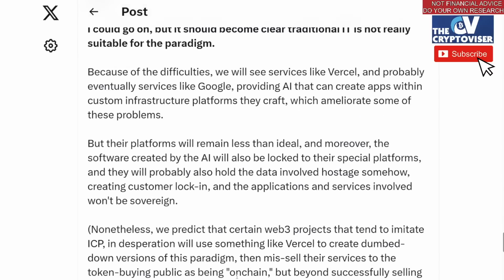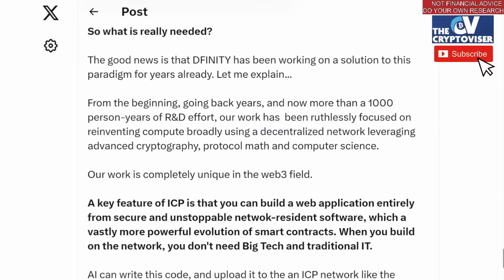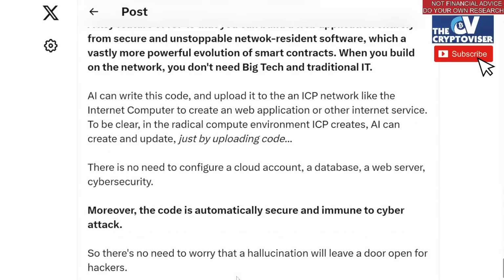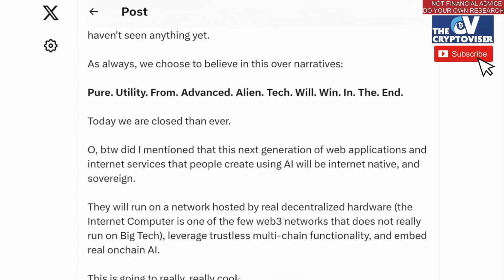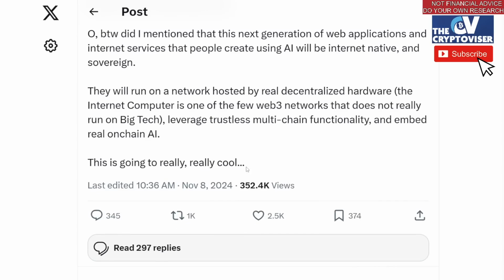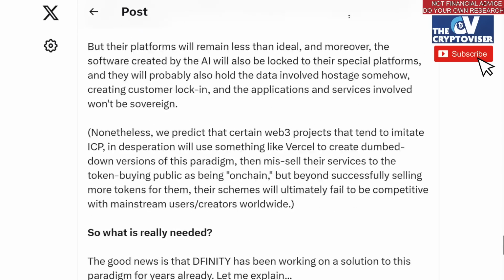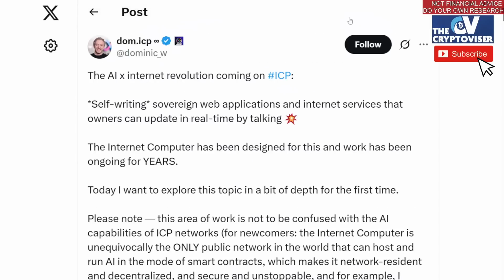With Internet Computer Protocol, these blockchain ecosystems that are doing this, they solve this problem. Anyway, Dominic wrote a lot. I mean, I could probably make 5 videos on this post. 352,000 people saw it, and probably 252,000 read the first paragraph and were like, whoa, this is too long. Just joking. Dominic, we love your